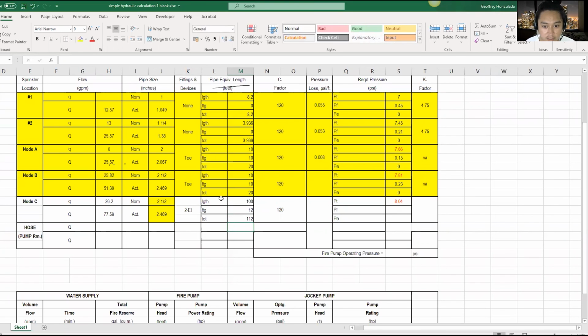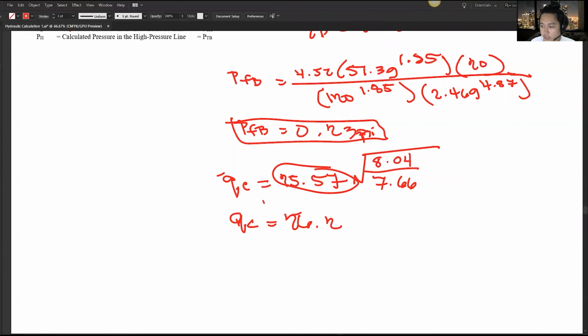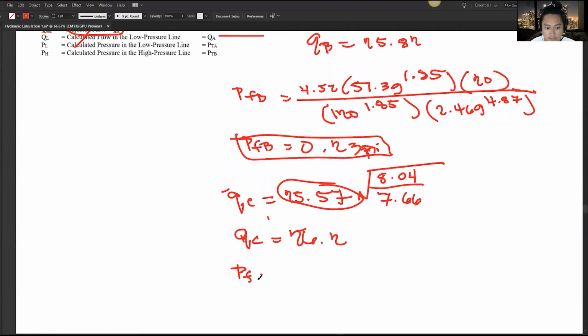Now, with this information, hang on, I forgot to solve for the pressure loss. Here, let's just solve that along the way. So that's PF all over the total length. Okay, I missed that. I'm sorry. Here, we can now solve for the PF with our assumption of 100 feet length with our total length solved. Our PFC using the Hazen-Williams formula, again, it's just like this, right? And this is just equal to